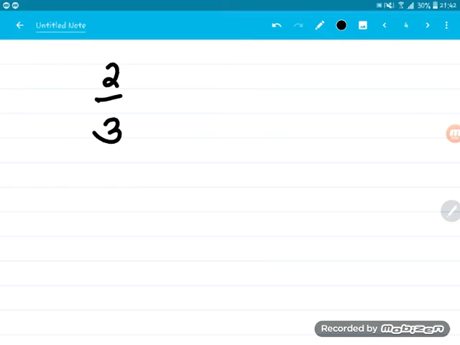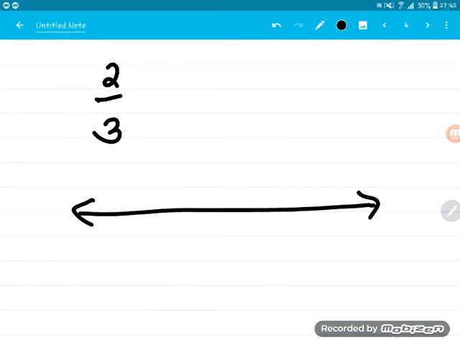Next example, 2/3. Okay? 2/3 is an example of a proper fraction, meaning we can locate 2/3 in between 0 and 1. So the denominator again tells us that we have 3 parts in a whole. So if this is the whole, then we must divide it into 3 equal parts. So how are we going to do that? We will put marks showing that we have 3 equal parts. So this is the first part, the second part, and this is the third part.